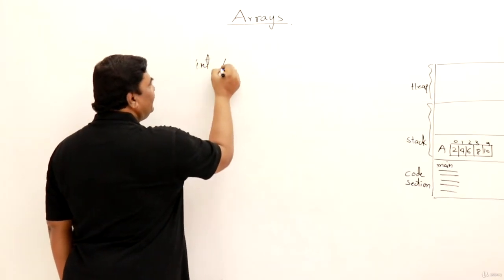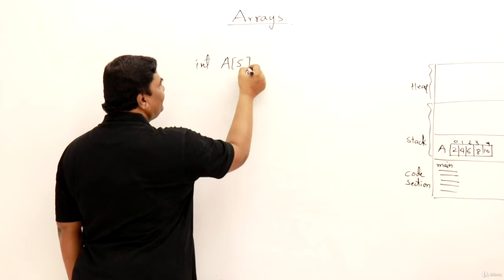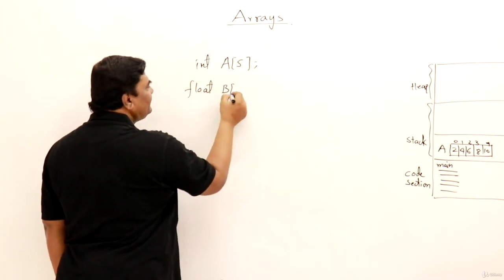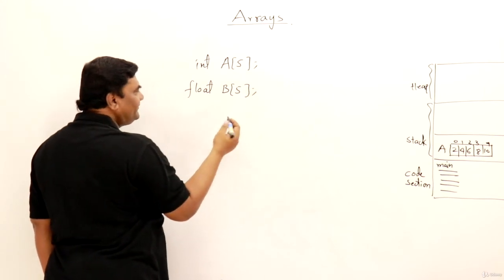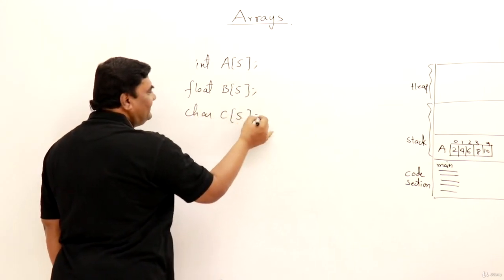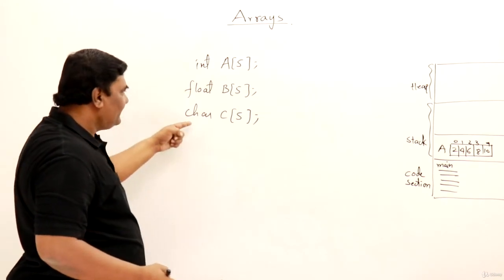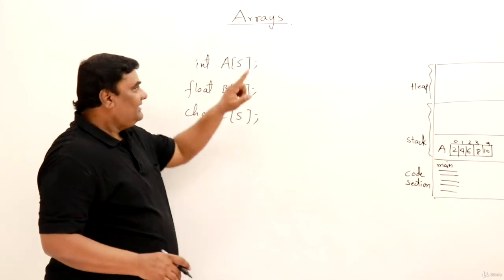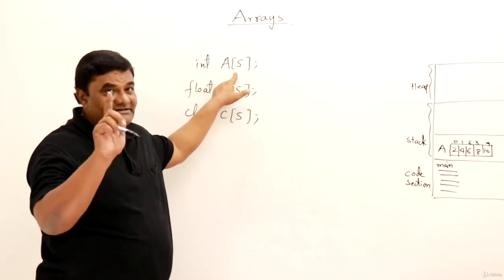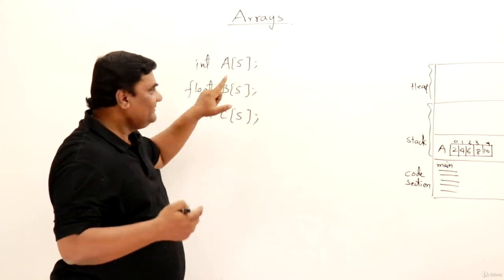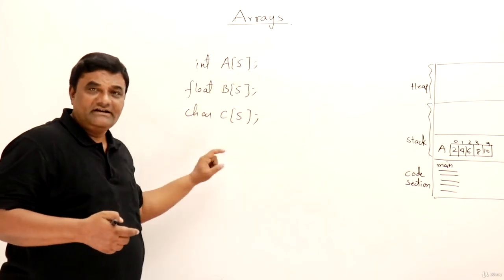This means an integer type array of size 5. Yes, you can have an integer type array. Can you have a float type of array? Yes, we can have a float type of array also. Can we have a character type of array? Yes, we can declare. So you can have any data type for an array. So an array can be of any type, and if it is integer, all 5 elements are integer only, right? So all are similar data elements. All are floats, all are characters.